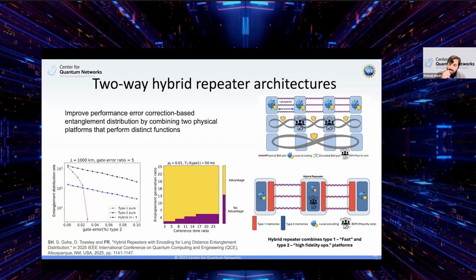And there's a very interesting piece of research, again by members of our group, who have looked into how the entanglement generation rate and coherence time. There are regions of advantages where using this kind of a hybrid setup performs way better than just using either one quality type of memory. So in here, for a 1,000 kilometer setup, the black line is the hybrid setting, and the blue line is when you have these type 2 memories, which are long lived, and the red lines are